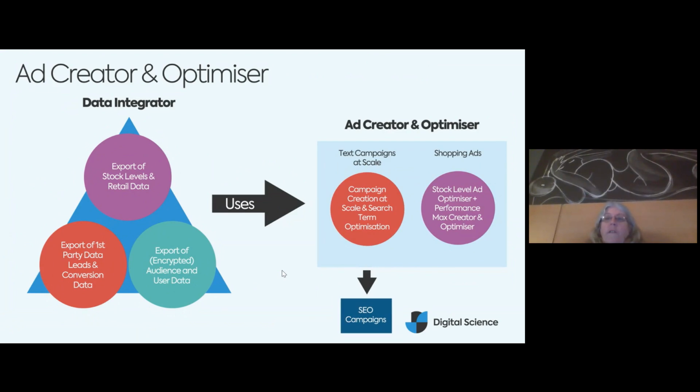Now, the first one, actually, you could do on its own. You could do this one in isolation. And this is designed for the massive sites that want to create text campaigns. And they are based on things like a combination of seed lists. So I'll give you an example of cars. If you've got 20 to 30 manufacturers of cars, then each of those are multiplied by all the different models. Then you've got the different fuel type, then you've got the age, then you've got colors, etc. You can end up with literally millions and millions of lists of keywords, all spread into little ad groups,